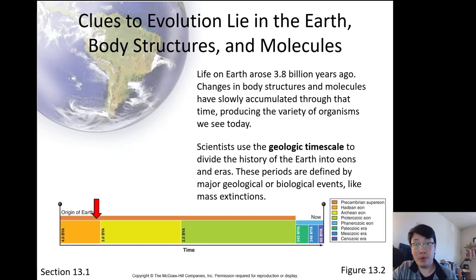Now, the older the sediments are, the lower they are in the rocks, and the newer they are, so to speak, the more on top of the layers or closer to the surface they are. There are multiple different eons and eras. You can see right here in the bottom right-hand corner, we had the Precambrian era, the Archaic era, the Mesozoic era, and you're going to have the Triassic period, Jurassic period, all found within these time frames. So this is just an introductory slide.